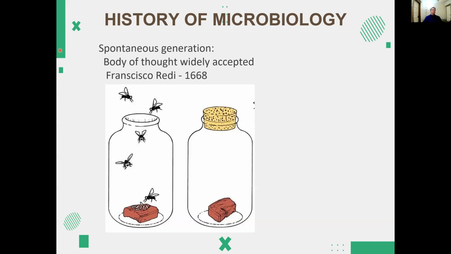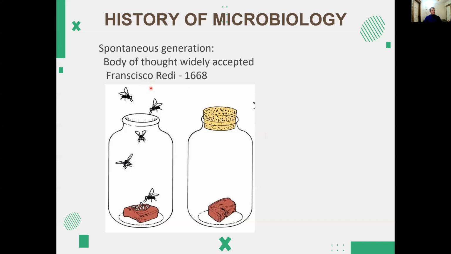So the take-home message from that little tangent is that a scientific theory is not an untested claim made by someone. It is very much a process to have something established as an accepted scientific theory. So, going back to spontaneous generation,